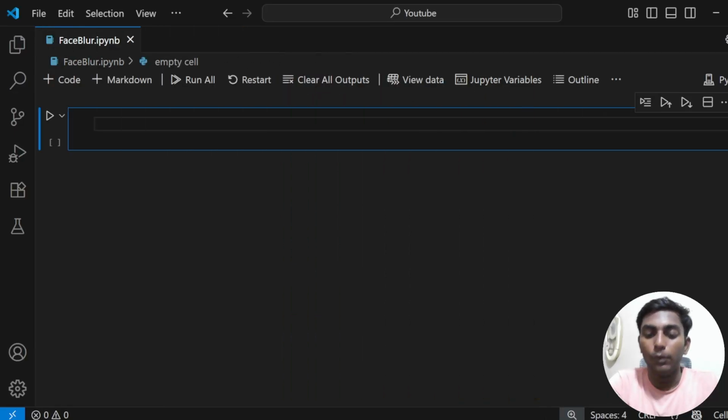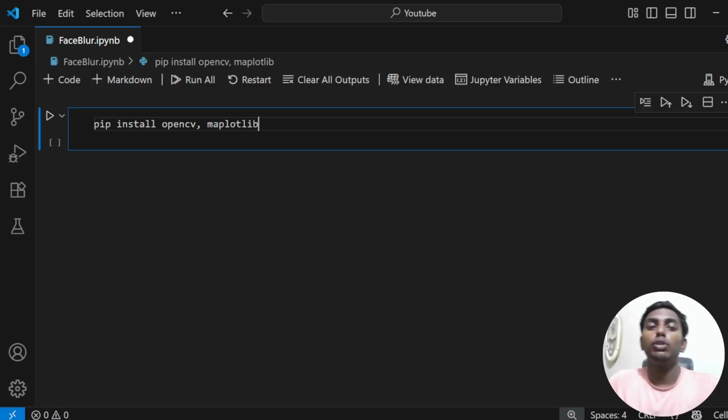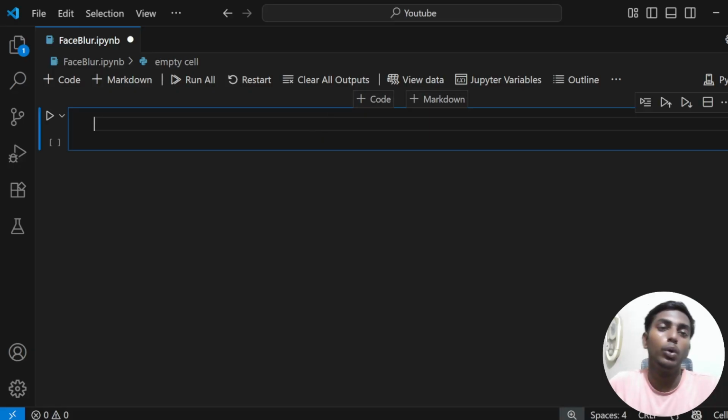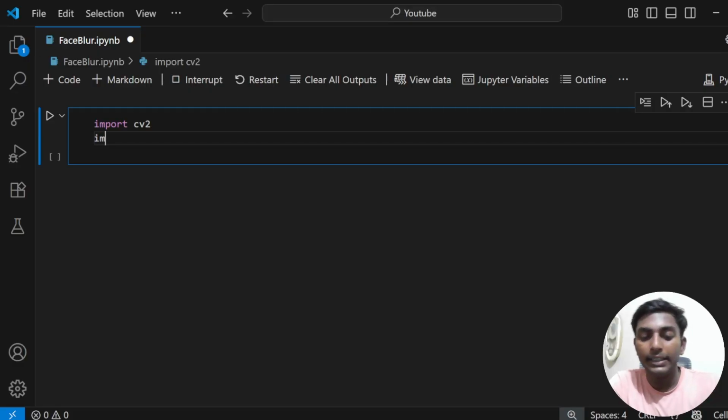For that we first have to install the libraries, using pip install. The first library is OpenCV, and the second library will be Matplotlib. I have already installed both libraries, so I will not install them, but you have to install them if you don't have them. And next we will import these libraries, so cv2, and next one will be